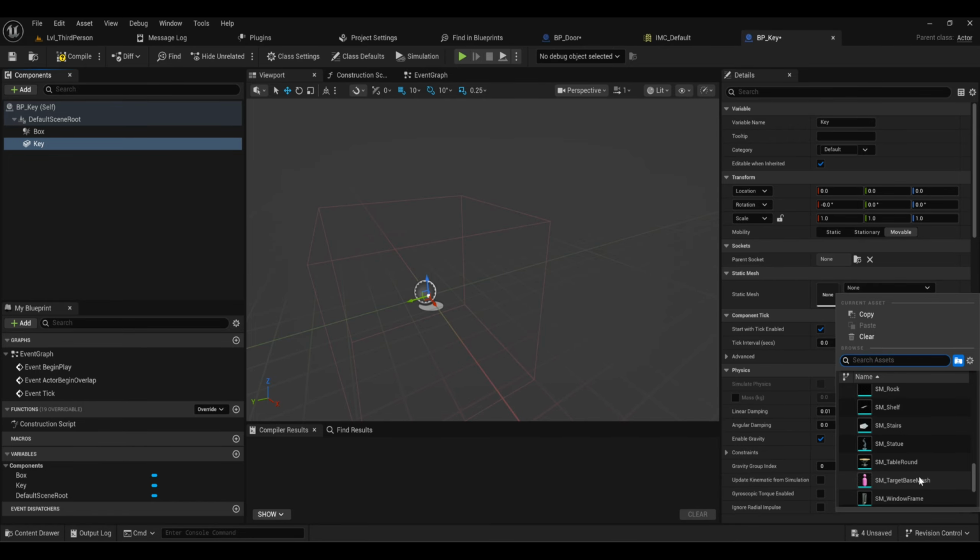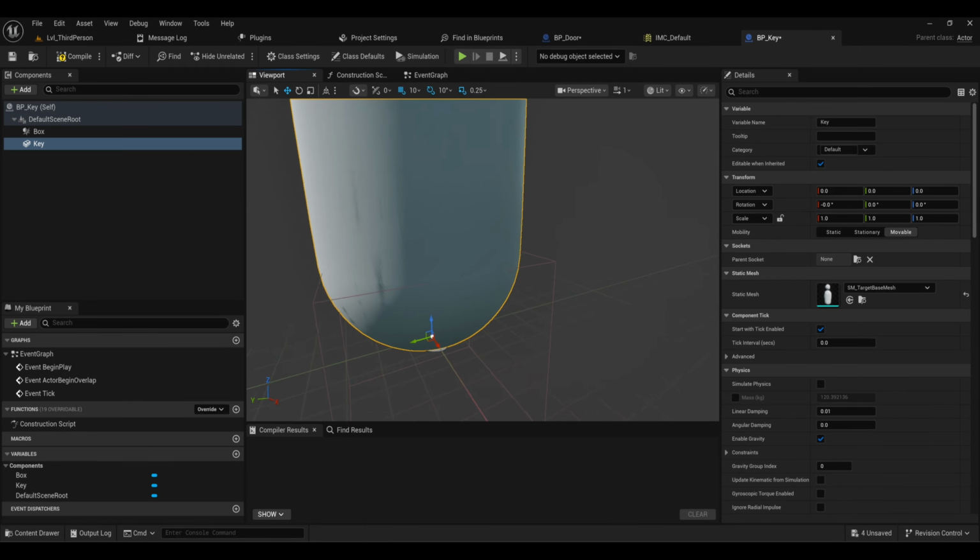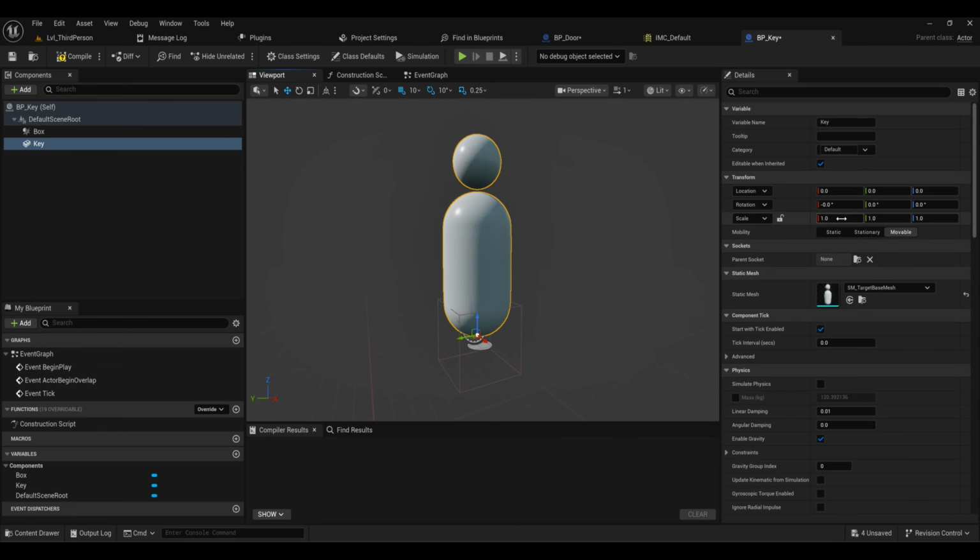Just because we don't have a key and it's for our player, let's add this SM target base mesh, and that is absolutely huge, so I'm going to make that 0.1 for all of these,